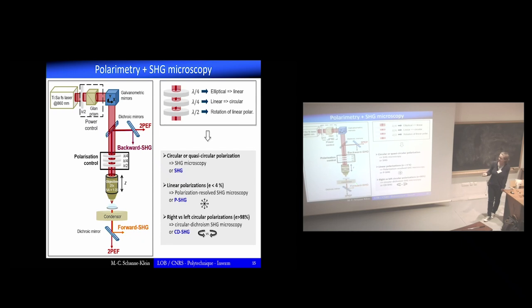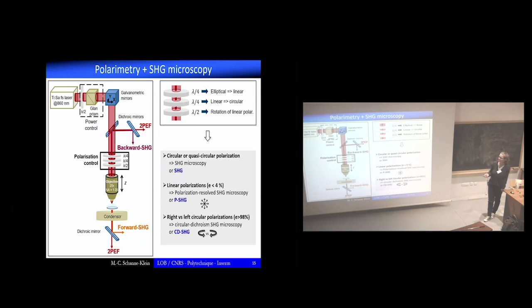The objective lens is actually moved to have the third direction, when we record stacks of images to reconstruct 3D volumes, and we can also have detection in the forward direction. The first wave plate, a quarter wave plate, aims at correcting any ellipticity introduced by all the optical components. The second one switches to circular, and the third one